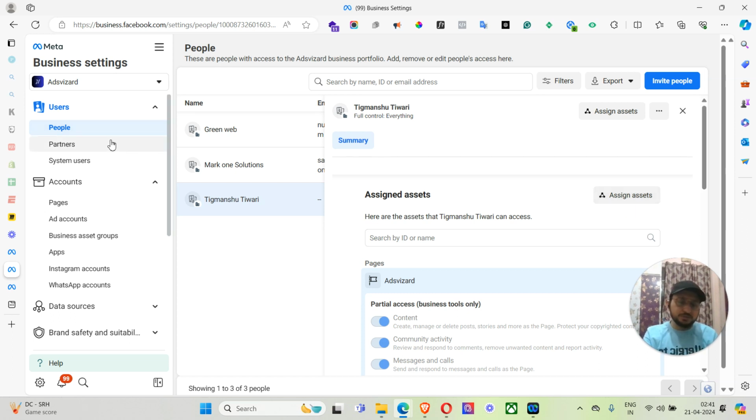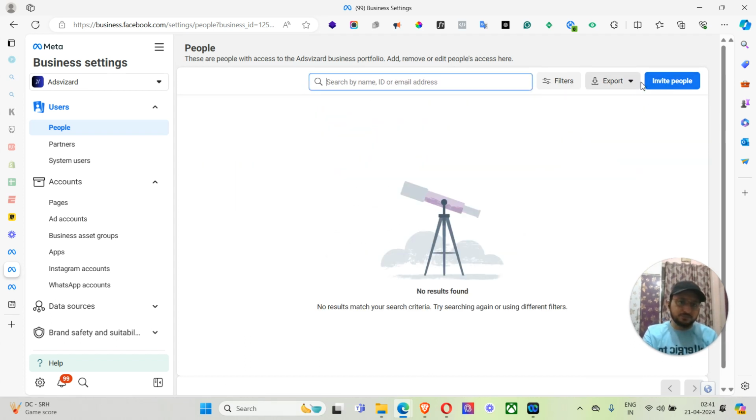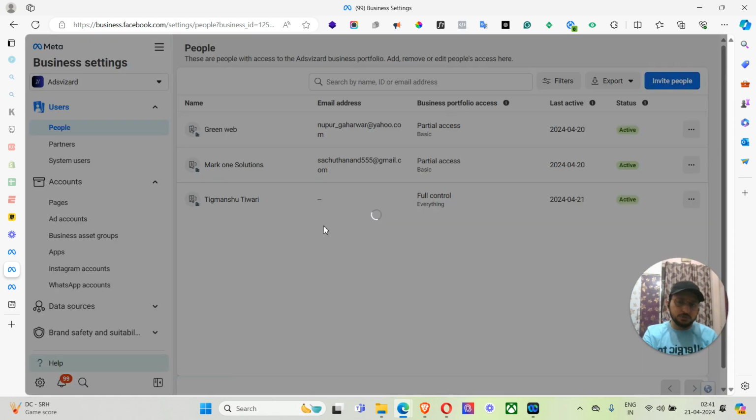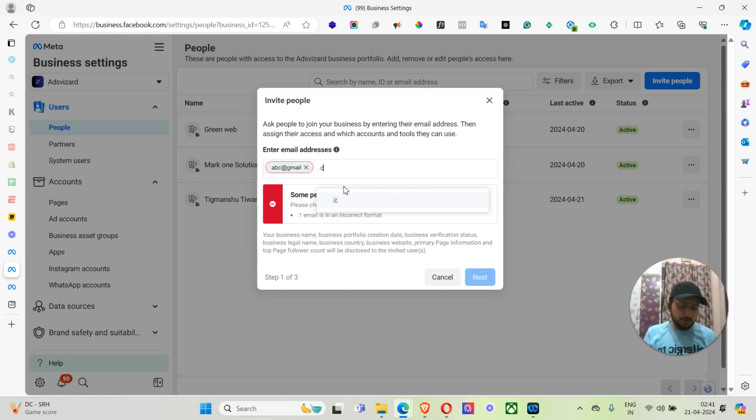So say you have added a person from here and you want to assign assets. It's not necessarily a two-stage thing. So whenever you are adding a person from here, and you are giving them access, say I'm adding it,